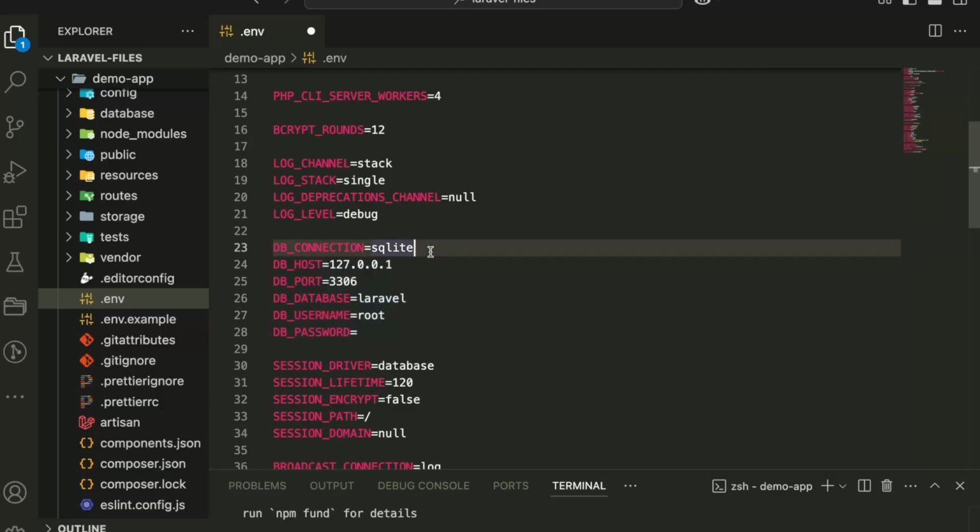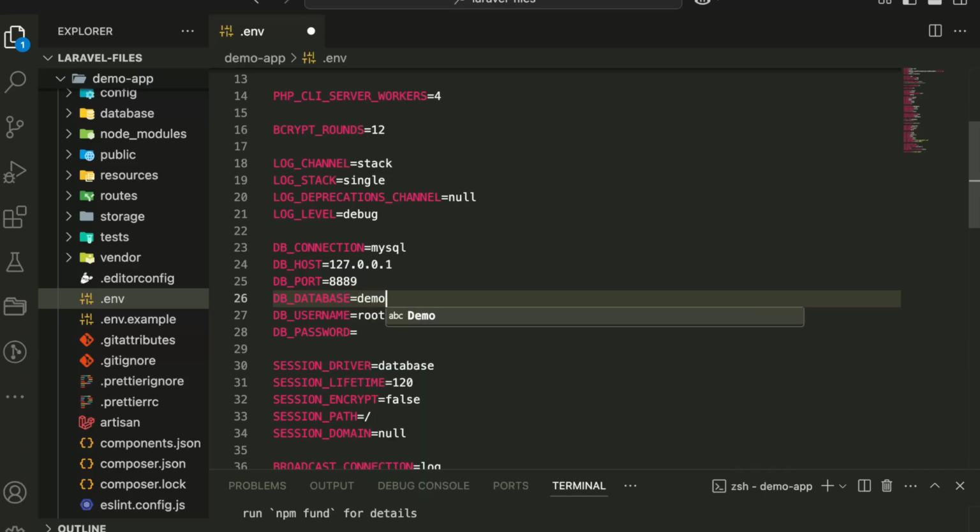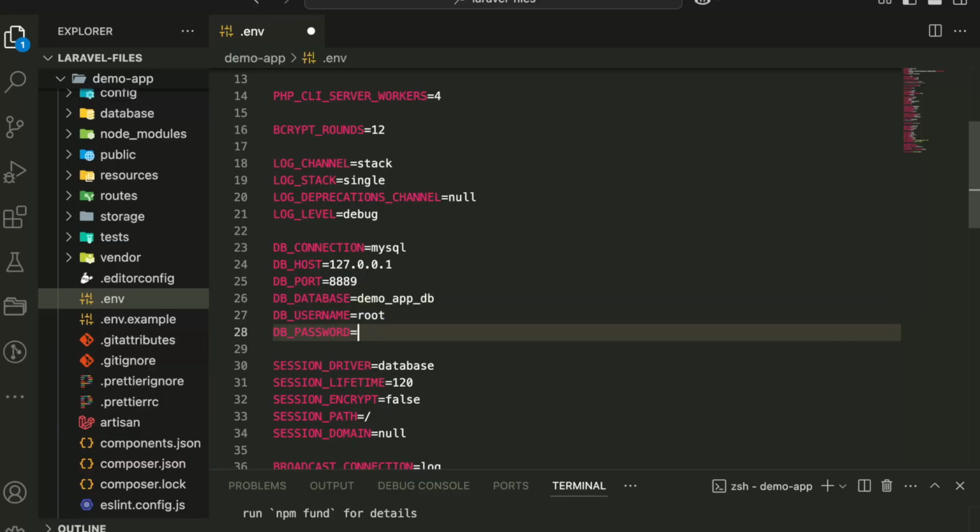Laravel is shipped with SQLite by default, so we will change it to MySQL. And then in this case, I will also change the port number to 8889, and I'm going to call this